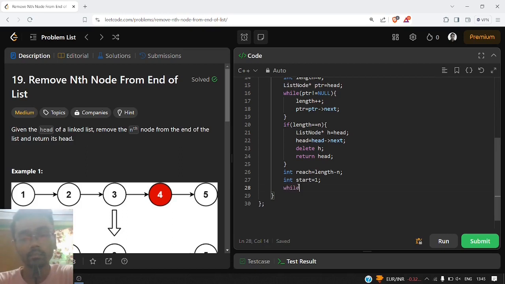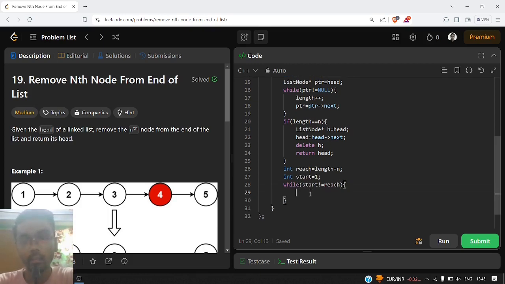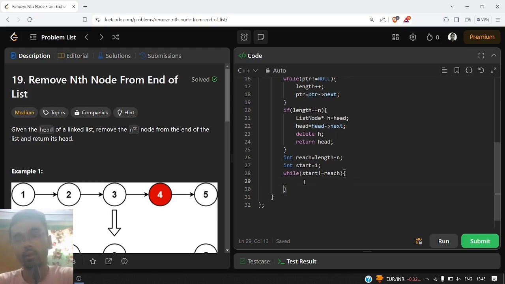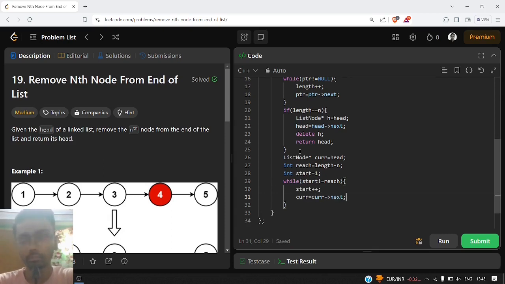So while start does not become equal to reach, that means until we reach that particular node, we will continue traversing, and as we have seen, we will traverse with the help of a current pointer. So let me initialize that: ListNode star current equal to head. Then start plus plus, and we shift our pointer, current equals current next.